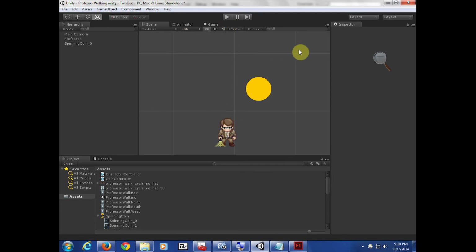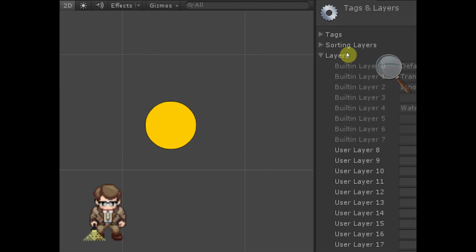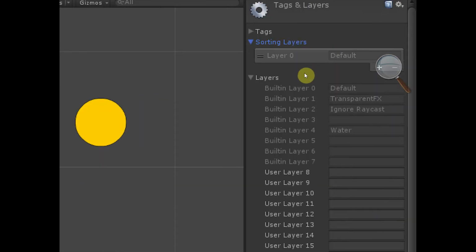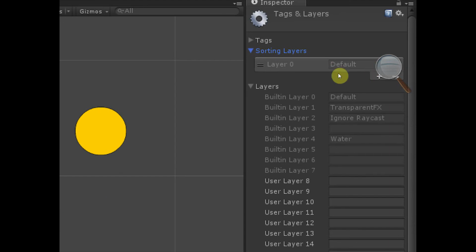And we have something for that called sorting layers, which they crammed conveniently in here with regular layers. So if you come down here, you won't see them. You click Edit Layers, and now you can see they've added... Ooh. Sorry, people at home. I just knocked you over. Sorting layers. So you open that up, and this is just like layers, except it's two-dimensional, and it allows you